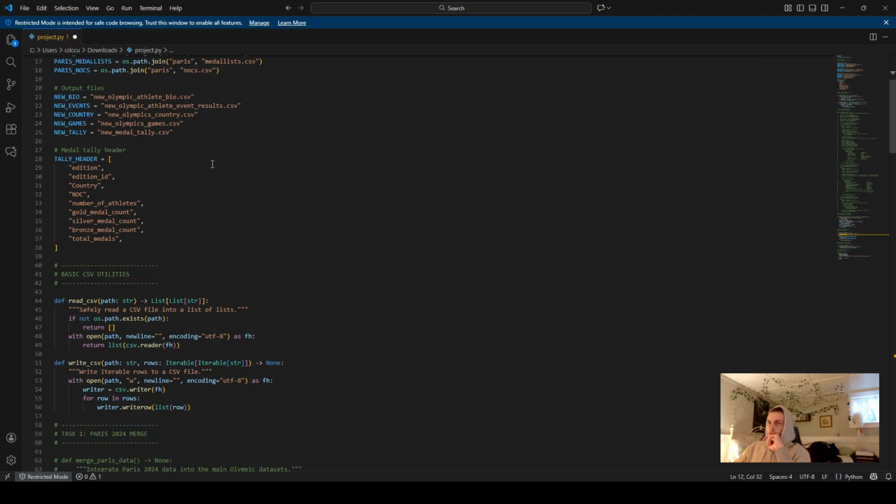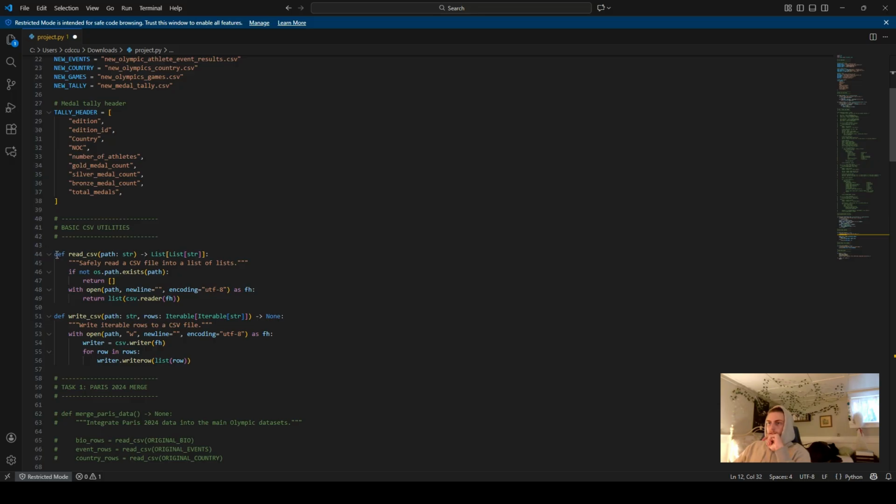So I wrote the read CSV function and the write CSV function, and they're basically the core functions that the code relies on to get the information from our CSVs. Basically, they just handle the loading and saving of all the big data sets. And I tried to keep them as simple and fast as possible because we're not allowed to use pandas or